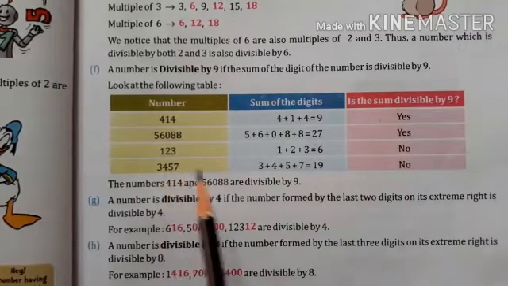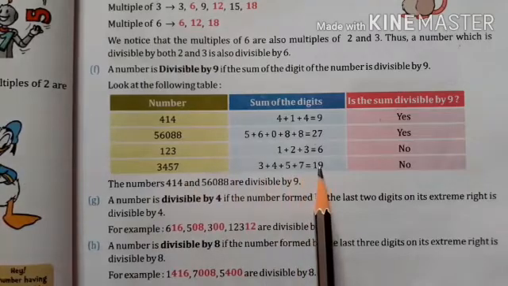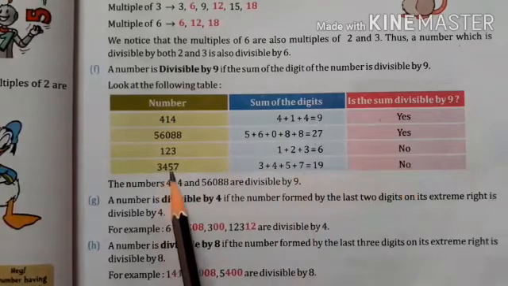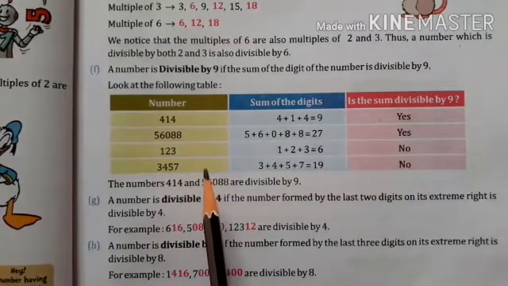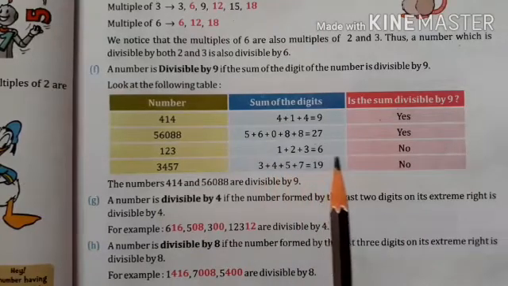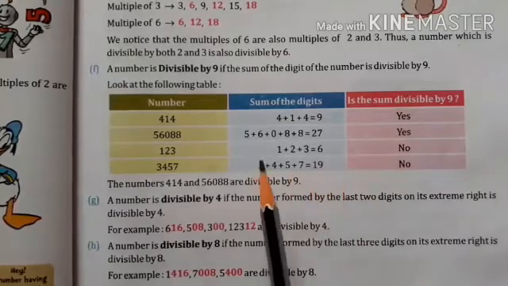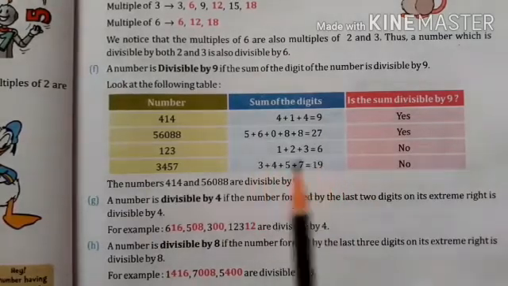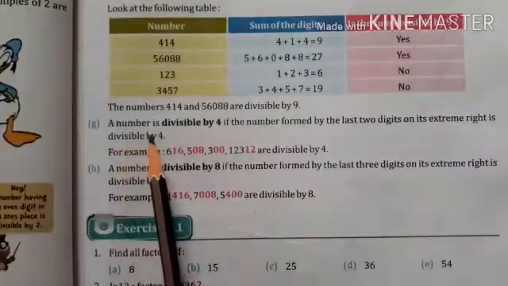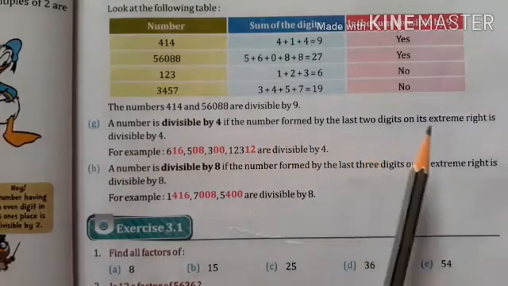3457. The sum of these digits 3 plus 4 plus 5 plus 7 equal to 19. But 19 is not divisible by 9. So 3457 is not divisible by 9. Okay. Here we have to check whether the sum of the digits is divisible by 9 or not. If the sum of the digits of the number is divisible by 9, then the number is divisible by 9. Okay. A number is divisible by 4 if the number formed by the last two digits on its extreme right